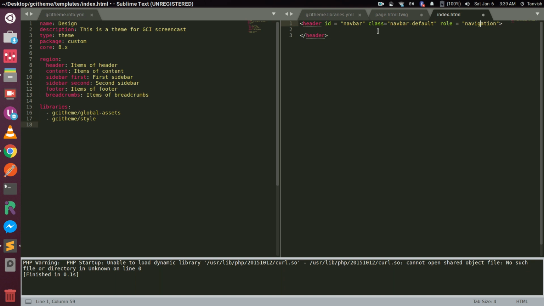Alright, navigation is the role, and let's give it a div with class equal to container, and